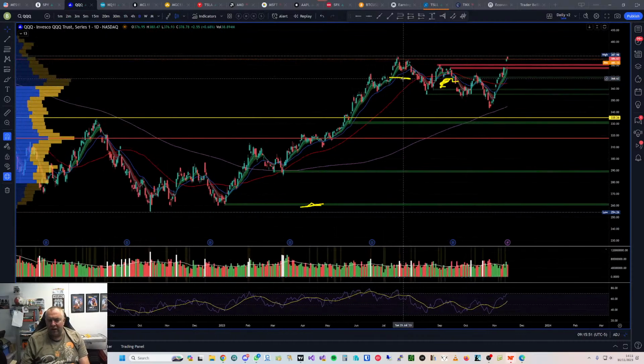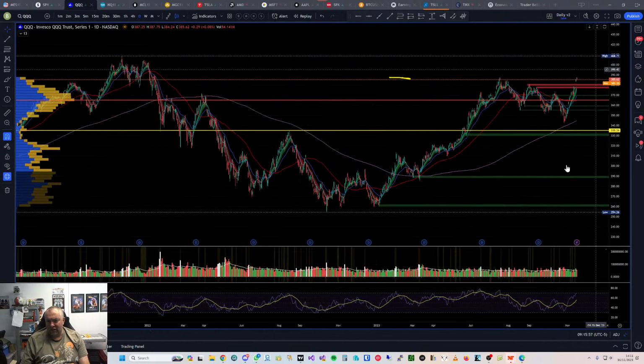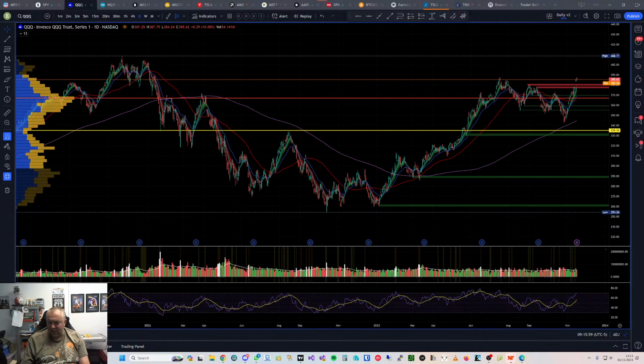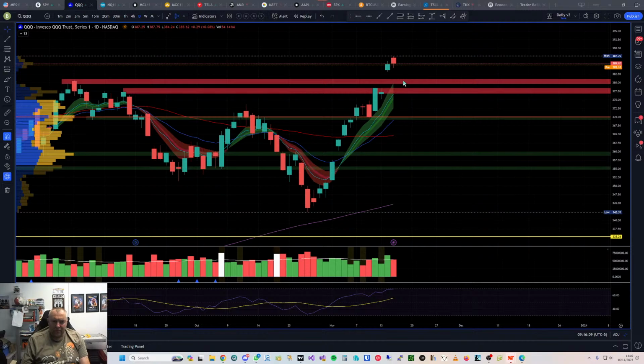Did we get through that area there? No, we're right at that pivot. And we've rejected that pivot as well. So that's the natural reaction you expect to see. Whether there's any follow through on the down to that, who knows? There's a gap to fill as well. Look at that for a gap to fill. So potentially we could be looking for a bounce around here. In fact, this entire area is a bounce area. We've got two pivots, which we just blasted through last time, but we haven't tested it there yet. So there are areas to watch for.